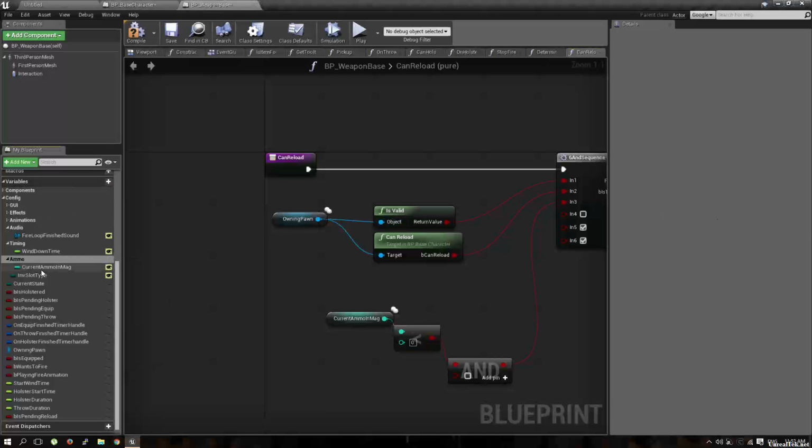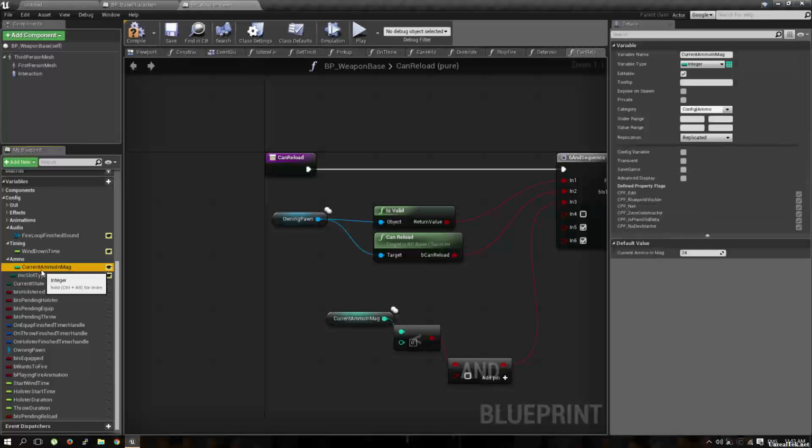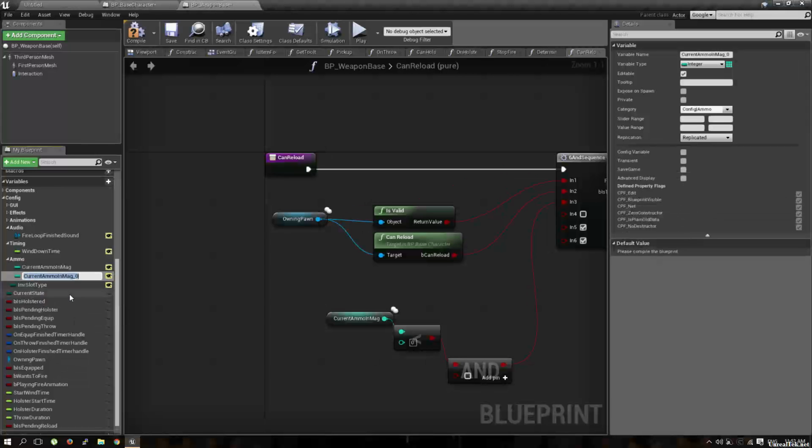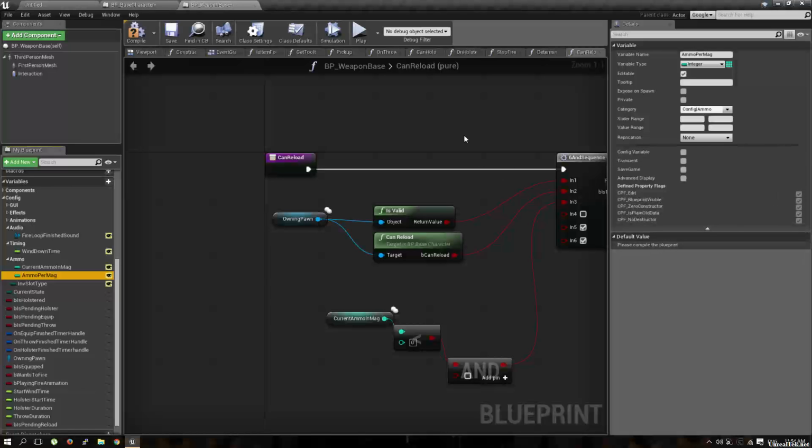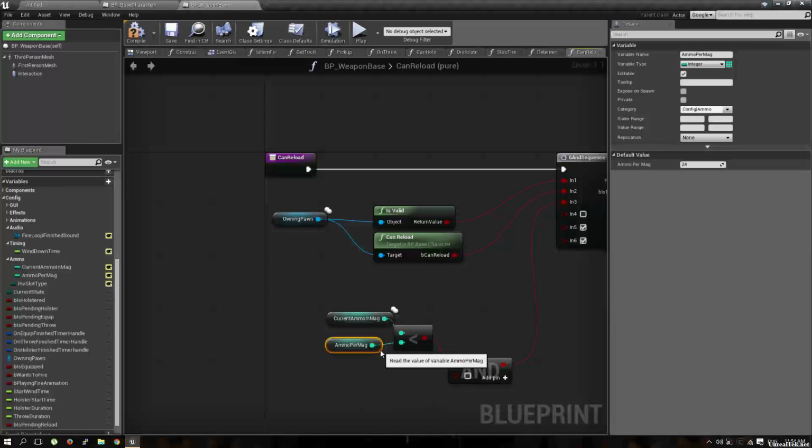So let's just duplicate that, I guess, which is ammo per mag, and we'll make sure it doesn't need to be replicated, so we'll set that to none. We'll compile and it will have the same number. It'll be editable as well, so we can just plug that right in. So if we have less ammo in our magazine than our magazine can hold,